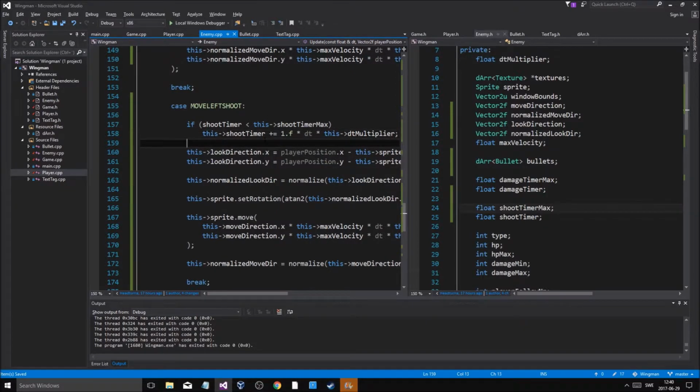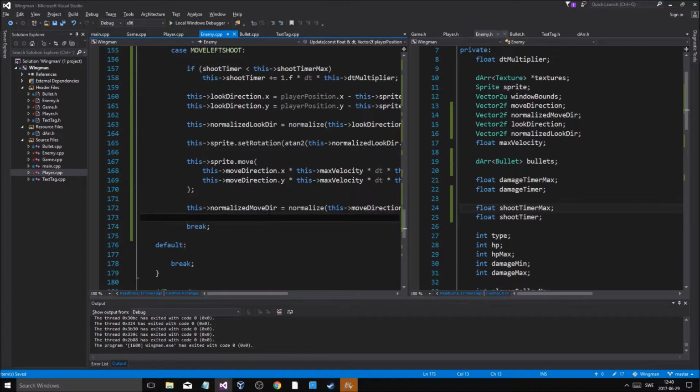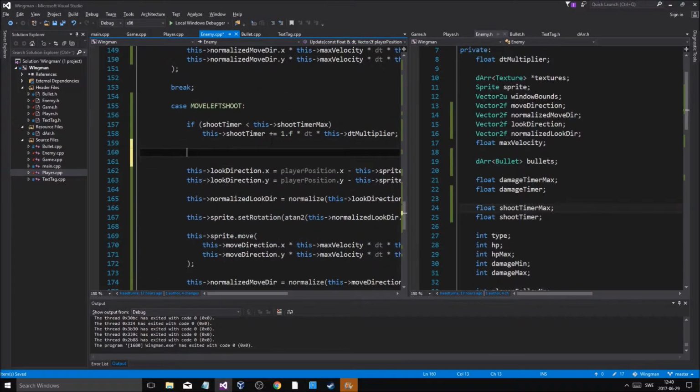So we're going to add to it, and as soon as the shoot timer is this shoot timer max, break, okay,